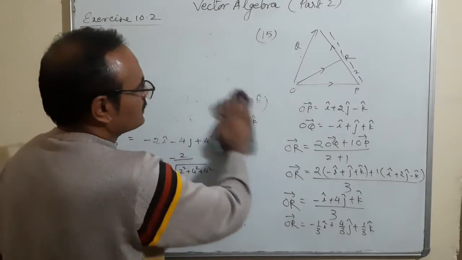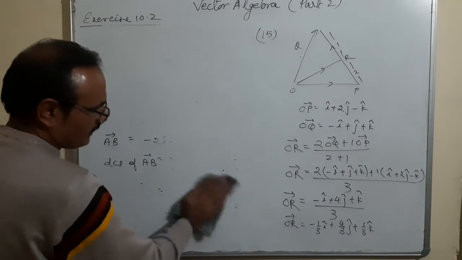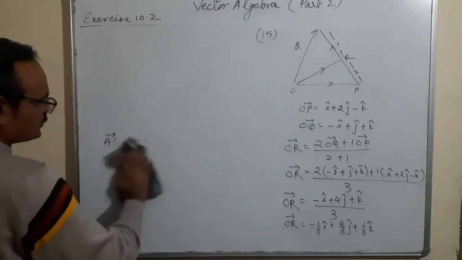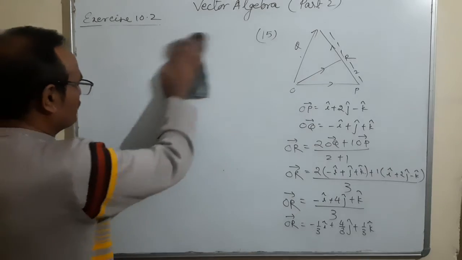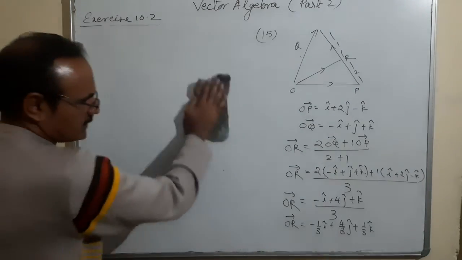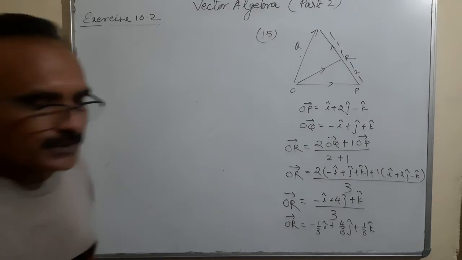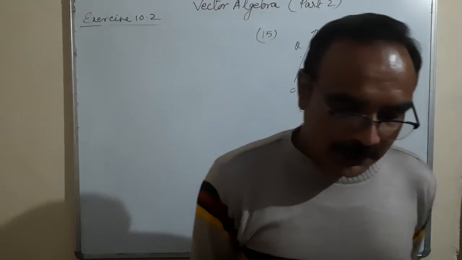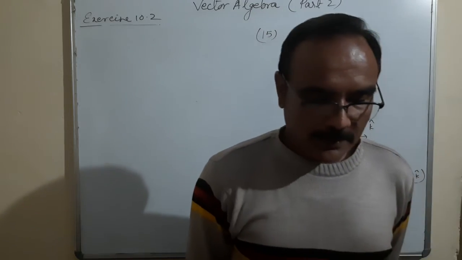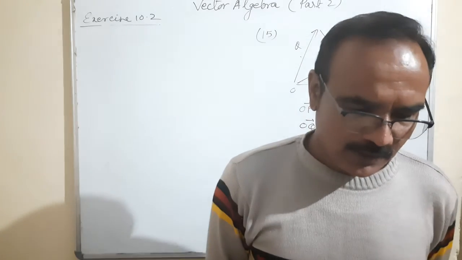The length of the video is increasing, but I want to finish this exercise in this video only, so that you will remember part 2 is the second exercise based questions, part 1 is the first exercise based questions, like that. So this is part 2. We want to finish this exercise in that lesson only. Next question is find the position vector of the midpoint. The same midpoint formula can be used.